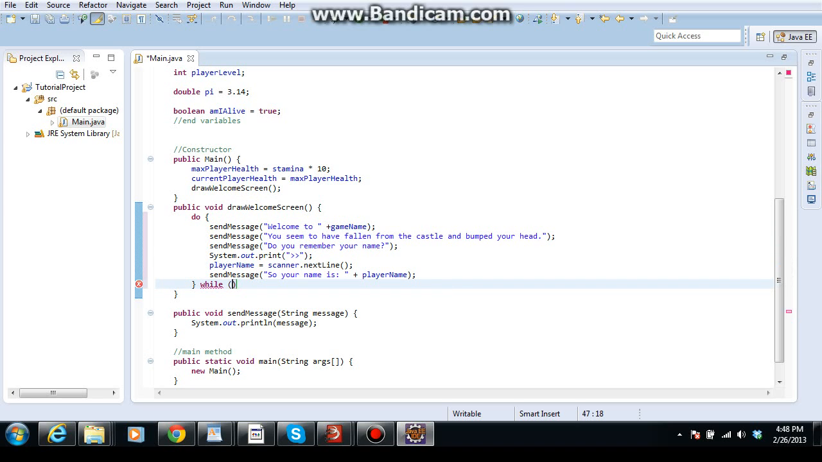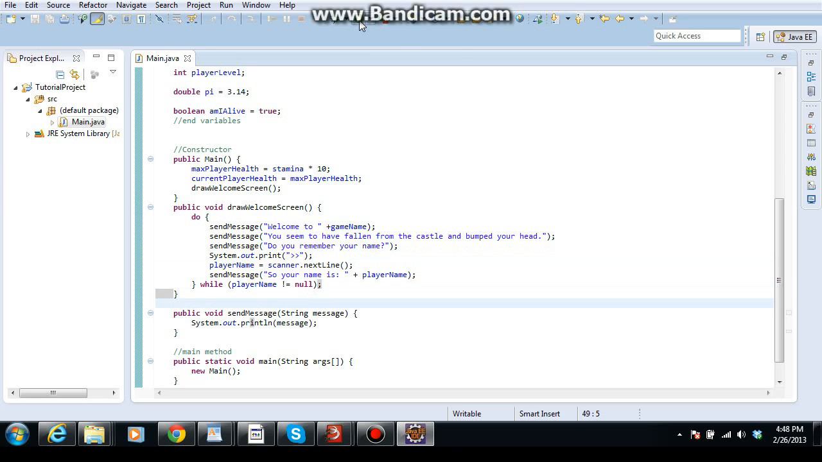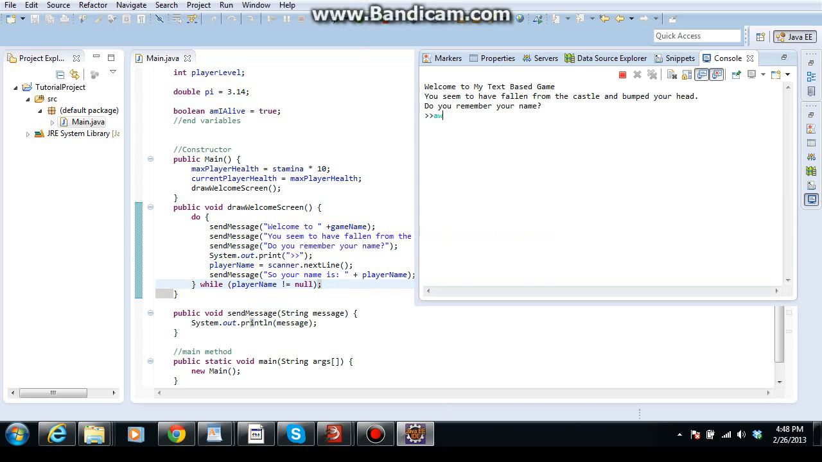Now, what we're going to do here is continue this until the player inputs a name. So if you save this right now, what null means is basically blank. So we're going to type something in. If you type it in,